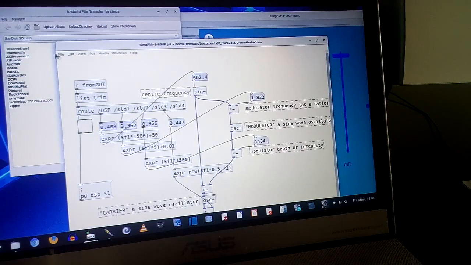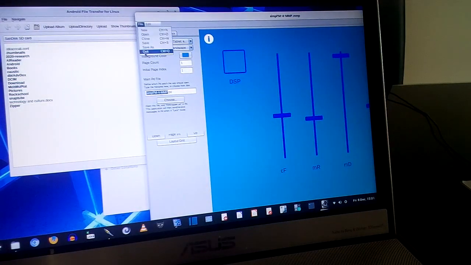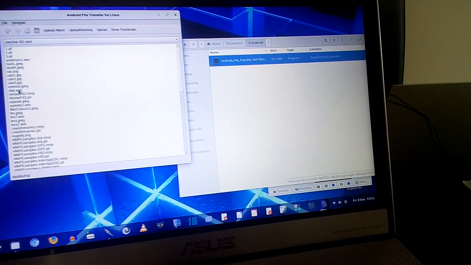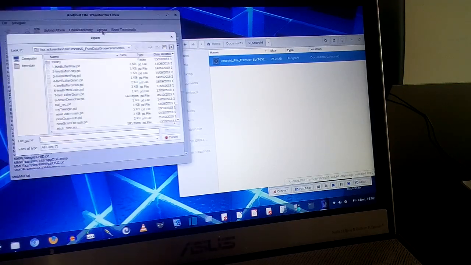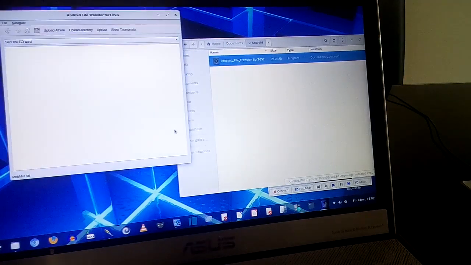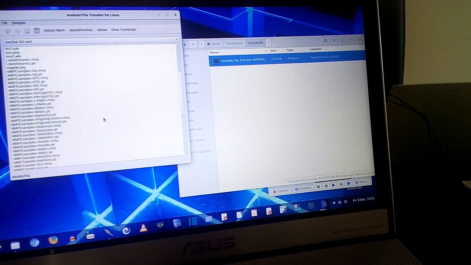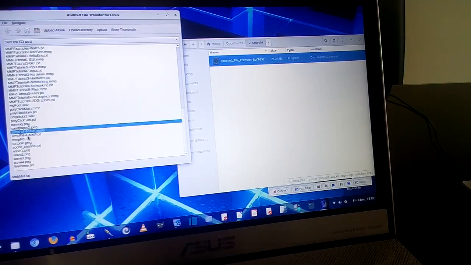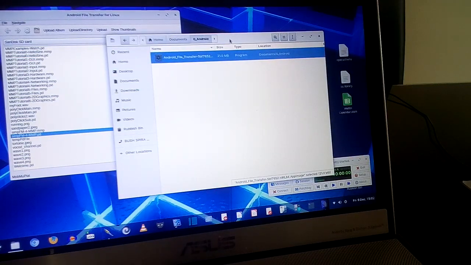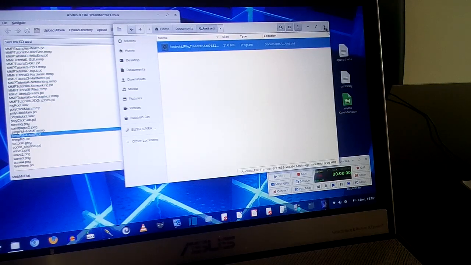I think I'm going to close these down because I'm kind of done with PD. Yeah, I need to go into the MobMuPlat directory and then click upload. Just do the same thing. Open. Now they should be down here. SympFM, SympFM. Now I'll switch over to my phone camera and just do a quick lo-fi video of the app